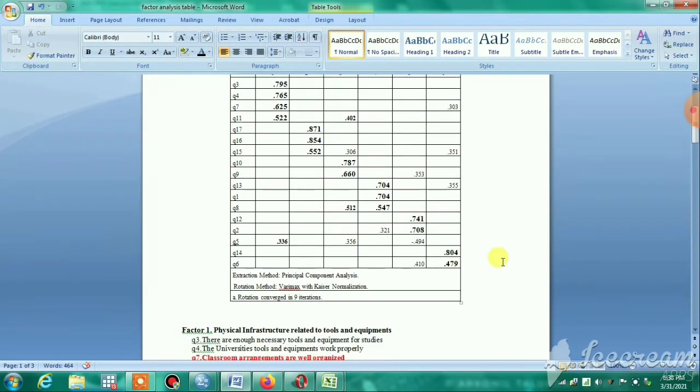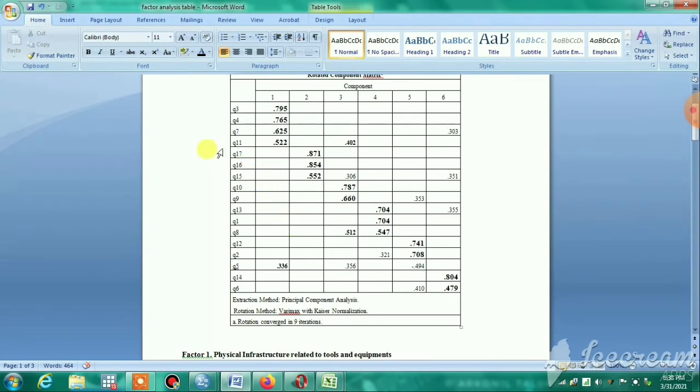Now there are some questions which appear in 2 or 3 factors. For example, question number 15 comes in 3 factors. Similarly, question number 5 comes in 3 factors. And there are other questions, for example question number 9 and question number 13, which come in 2 factors.